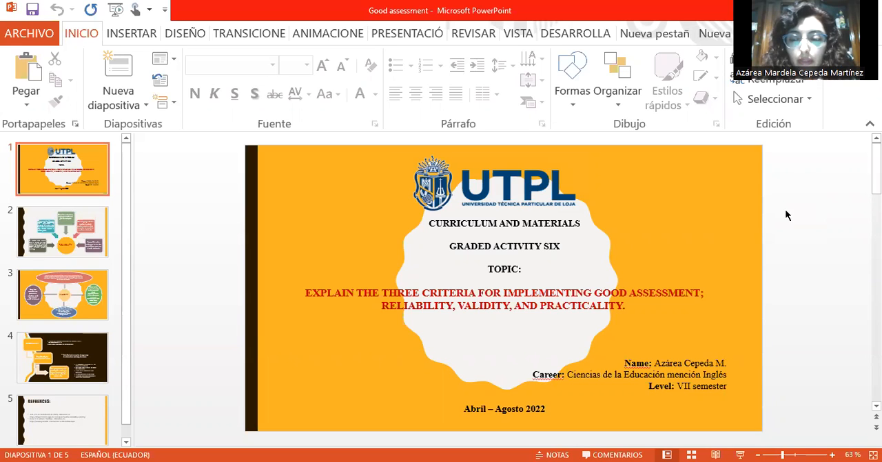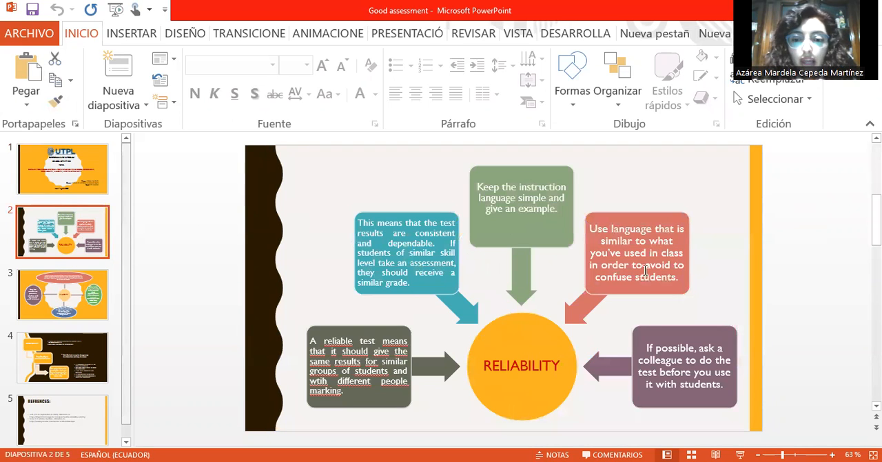The following topic I'm going to explain is the three criteria for implementing good assessment: reliability, validity, and practicality. I'm going to explain about the first one, reliability. A reliable test means that it should give the same result for similar groups of students and with different